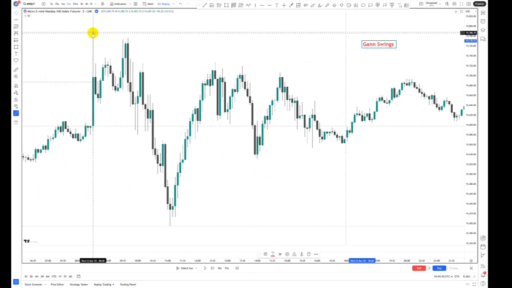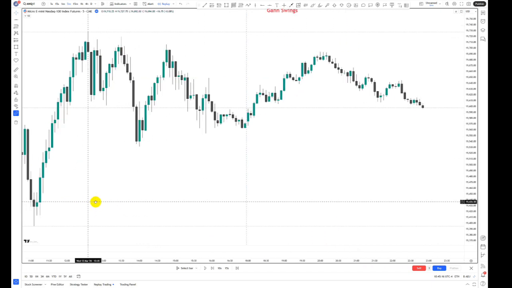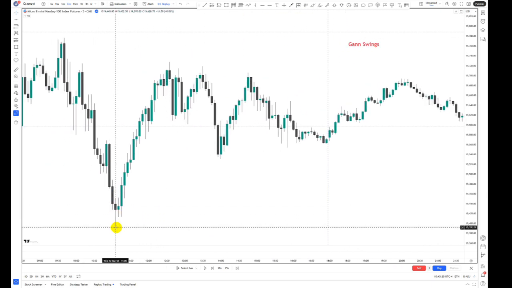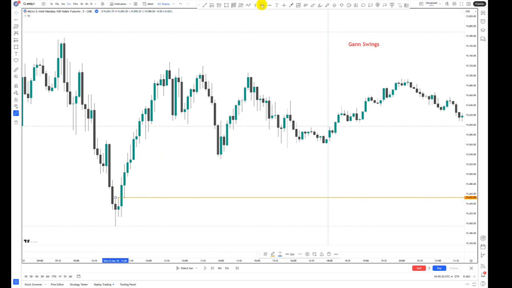So if we want to start from this point or this point, it doesn't matter, from this point, okay? Let's consider this lowest black candle here. This is the low of the candle, this is the high of the candle. So let me make it visible for you using this line. Whenever we have this candle and start counting our swing from here,